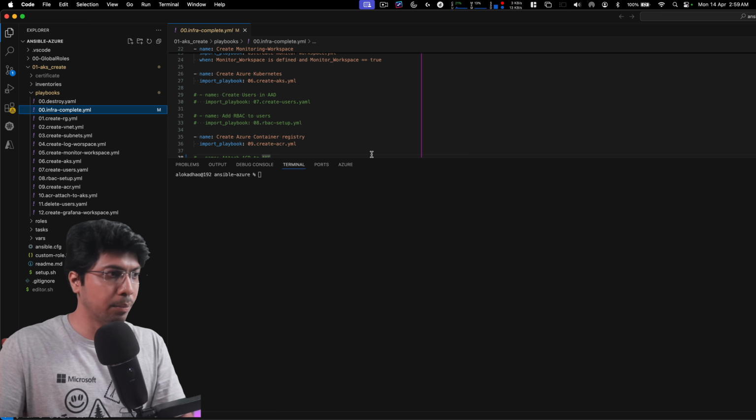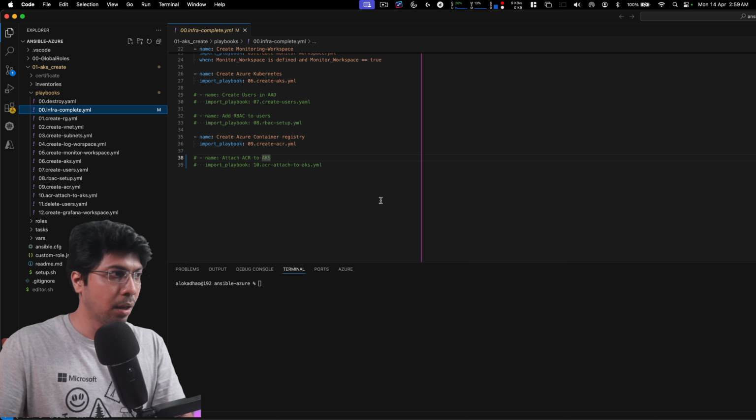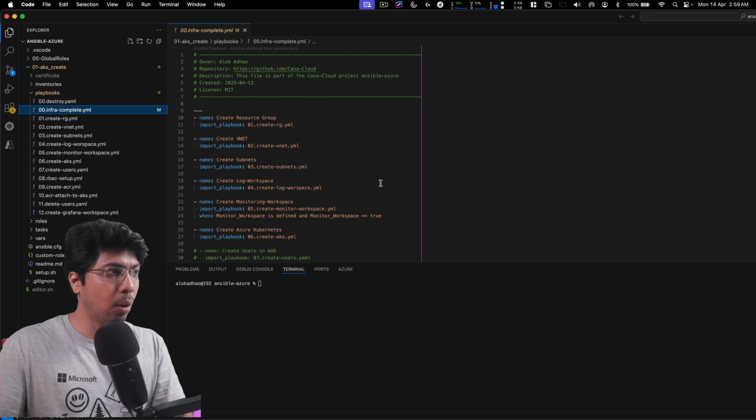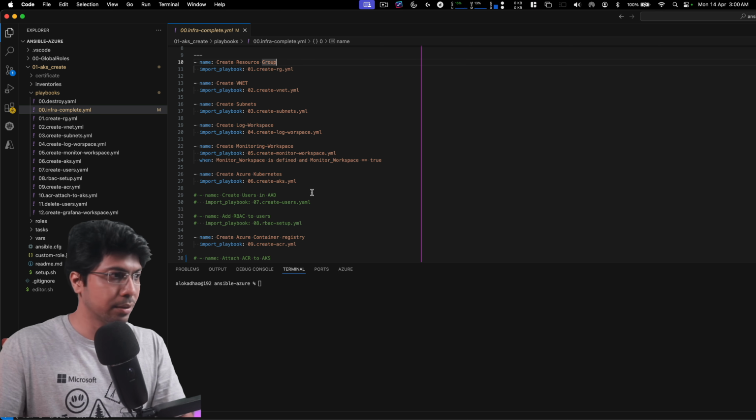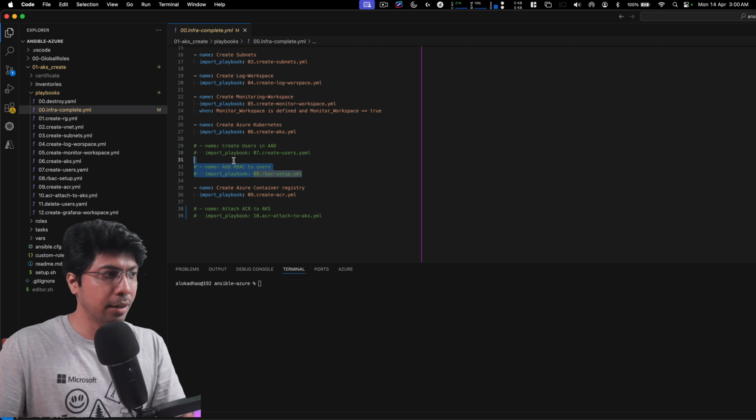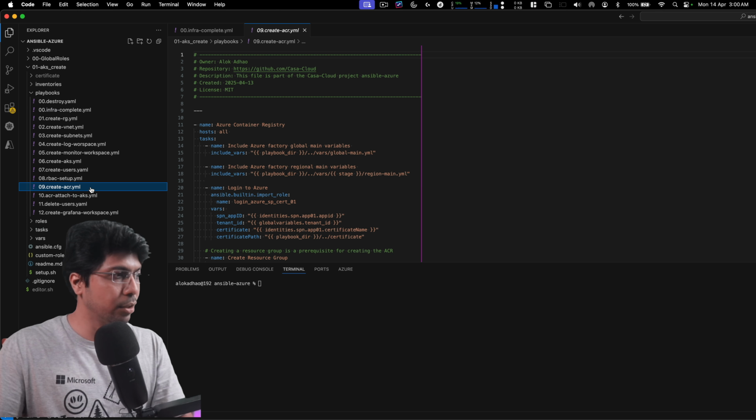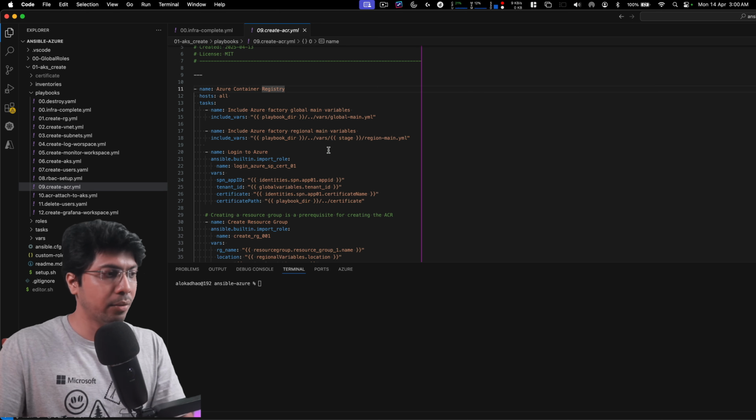So infra complete is the master file where it is trying to pull all the playbooks sequentially to create the resources. So up till now, the creation of the AKS we have already seen, and creation of users and adding RBAC we have seen. Okay, today what we'll do is we'll create the Azure Container Registry and attach it to the AKS. So let's go through this particular file. What is create AKS? It is 09 create AKS.yaml. Let's see 09 create AKS.yaml. What it is trying to do is